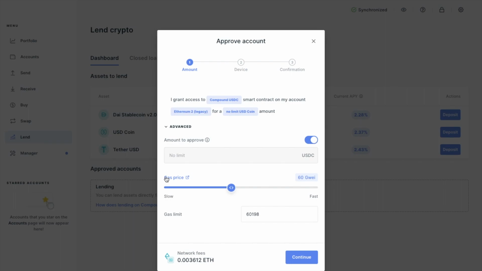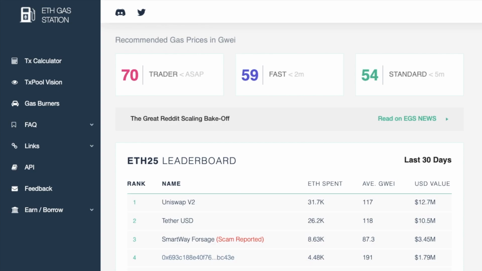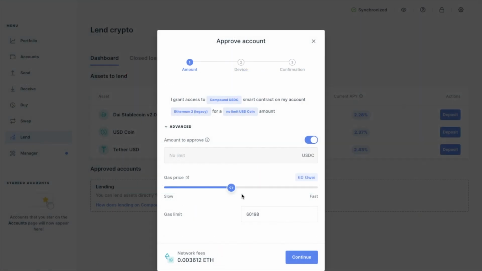Now if we click on Advanced, we can edit the gas fee here, which you can use in conjunction with ETH Gas Station, just to check out the current costs and speeds. Now that 0.003612 ETH actually equates to $1.72. And I wouldn't really recommend proceeding at this rate for just $44. But for the sake of this tutorial, and to show you how it all works, I'm going to go ahead